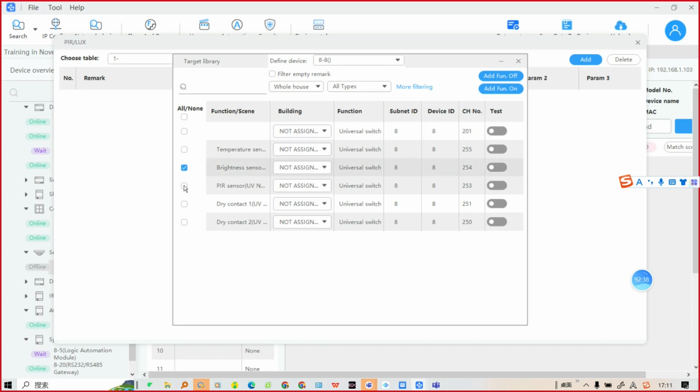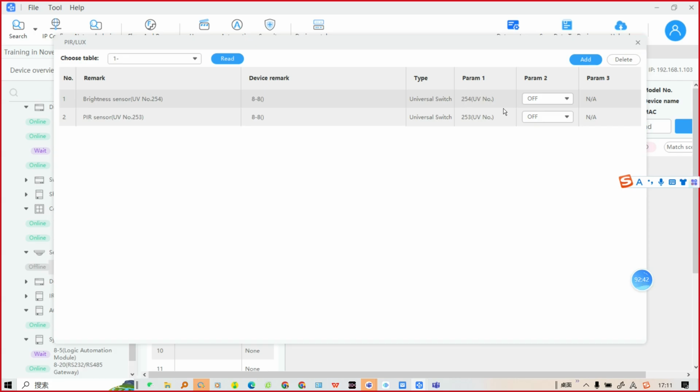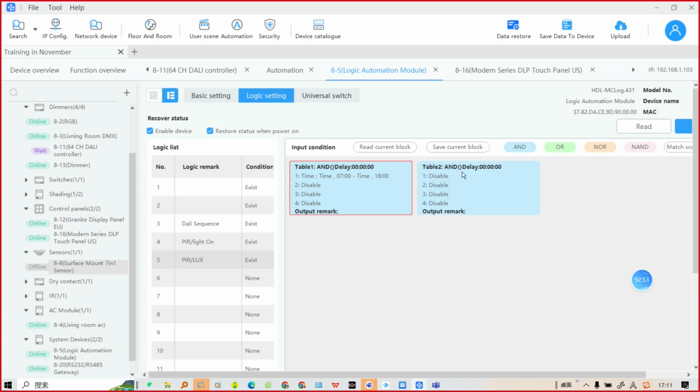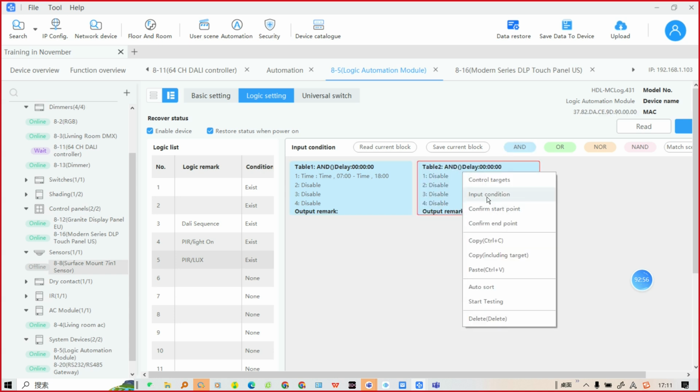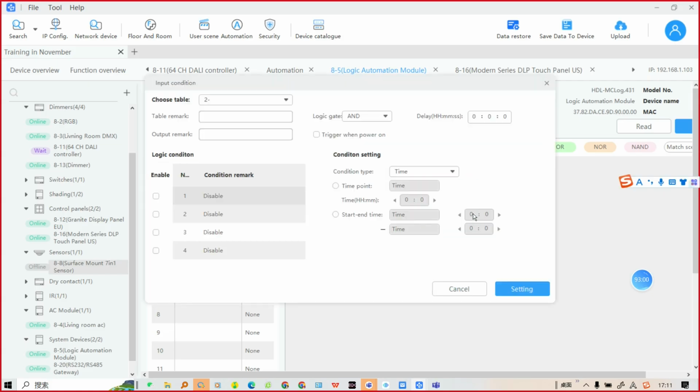Okay, brightness sensor and lux sensor, add off, now let them work. When turn off this, they cannot work, right? And then click save. And if at night I want this sensor to work, I can just add another target, another time, input, and the time start from this 01 to